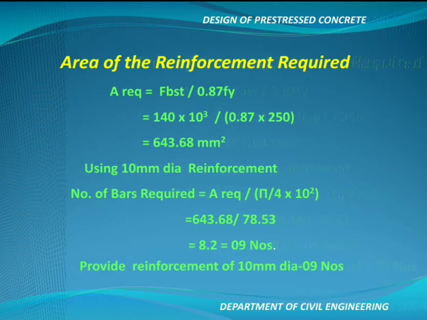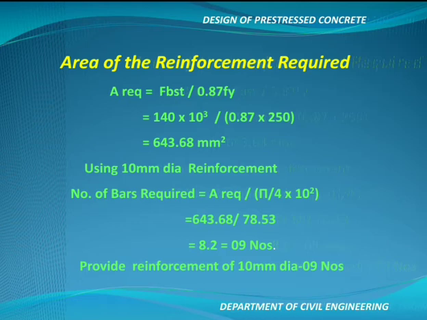So if we would have got 7 bars, we cannot provide 7 bars properly. Either we have to go for 8 so that 4 bars can be provided in each row, or if you would have got 10, we should go for 12. That means if you go for 12, either you can provide 3 bars in 4 rows or 4 bars in 3 rows.